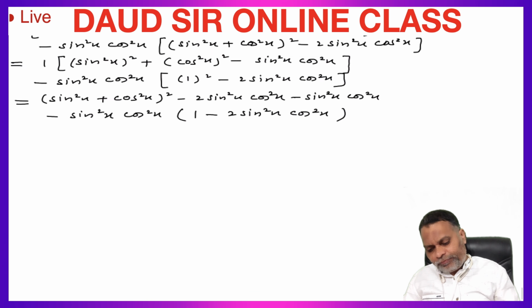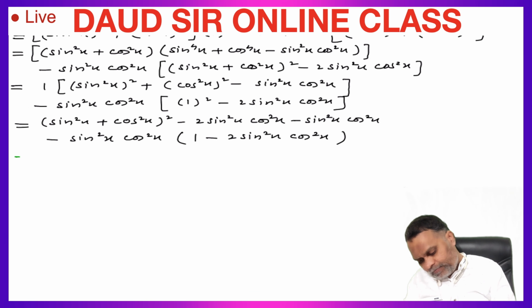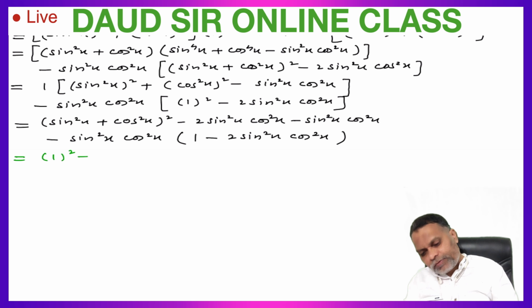Simplify this further. This sin square x plus cos square x will become 1, so it is 1 square minus 2 sin square x cos square x minus sin square x cos square x, minus 3 sin square x